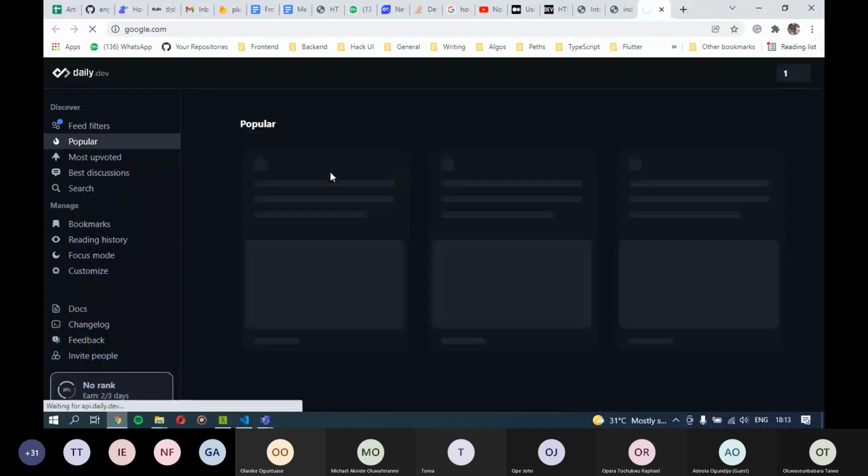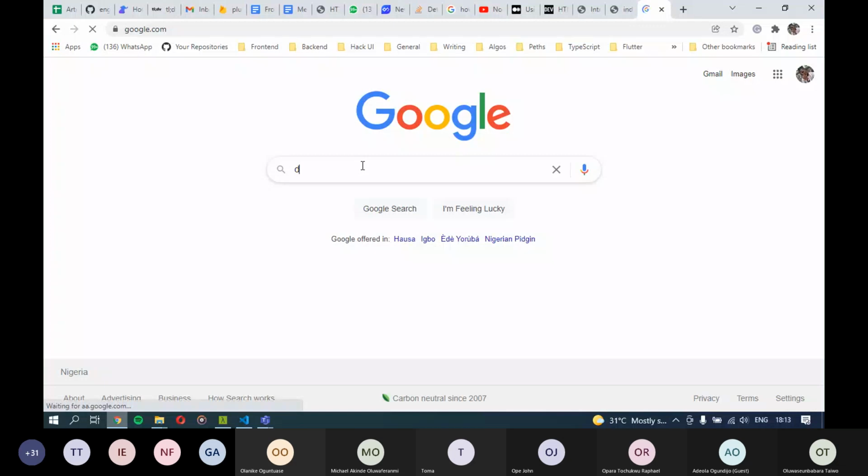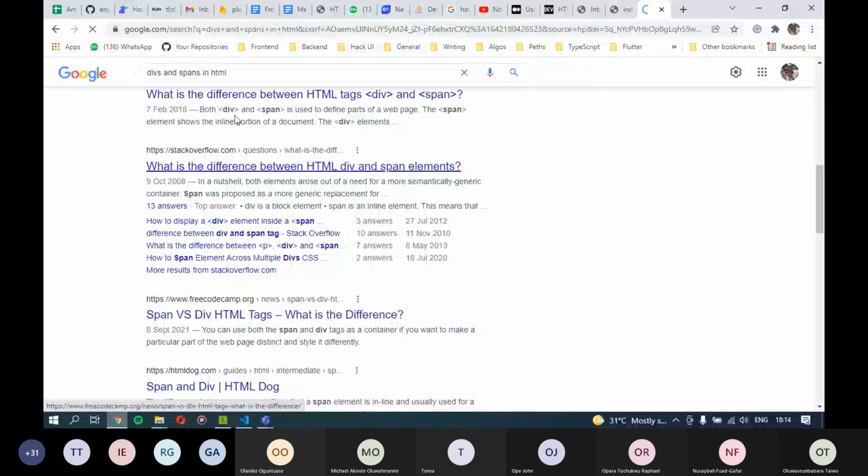And when you click it, you're going to get results that tell you everything you need to know. You see different articles, different people talking about it. If reading an article is not your type of thing, you can go to YouTube as well, and search for what is the difference between a div and a span, or what is a div in HTML, and so forth. Those things really help. They will help me till tomorrow.